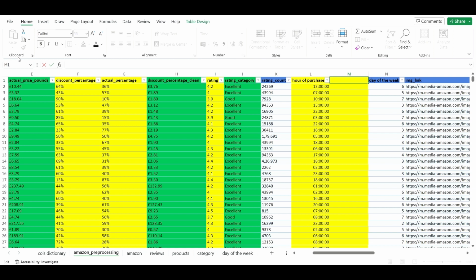What could we call it? We could call it day category. You can call it anything you want as long as it makes sense, and when you look back at it, you know exactly what it's referring to. So now we need to put in a formula that's going to return for this cell the word